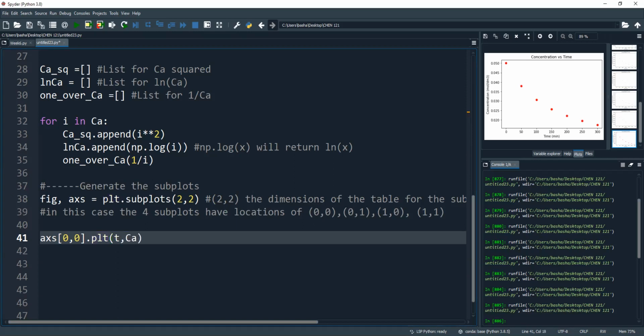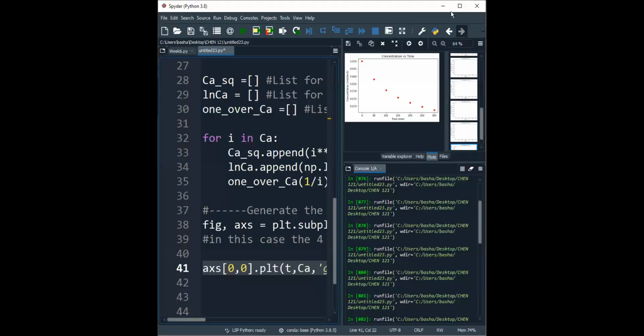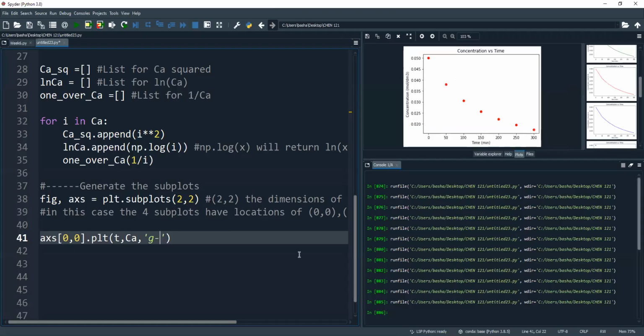So I'm going to plot concentration versus time in this case. And let's try to give them all different colors. So I'm going to use g and then add this dash to create a line. Yes, g-dash. And when creating subplots, one thing which is useful is to add